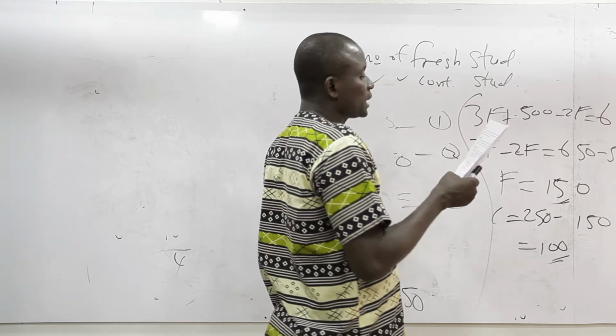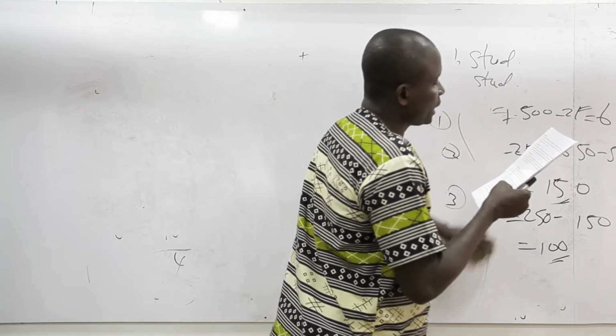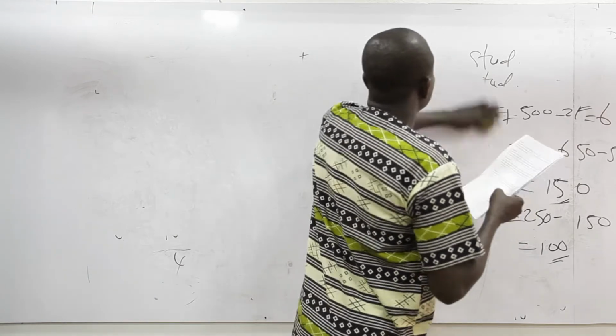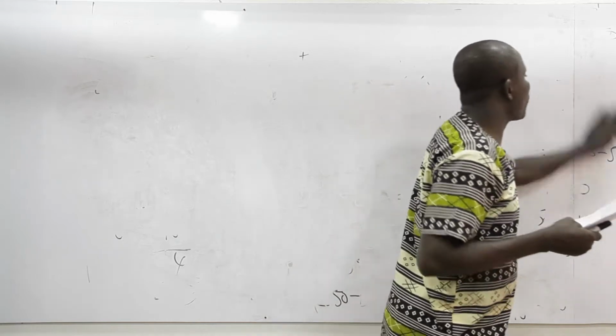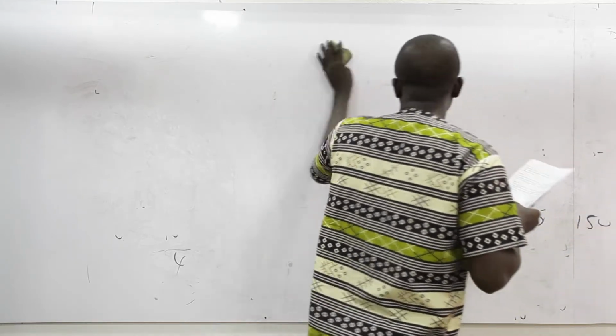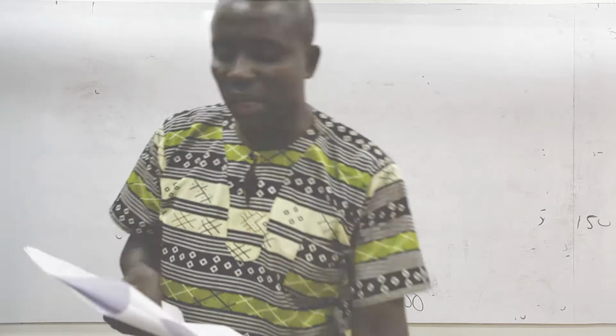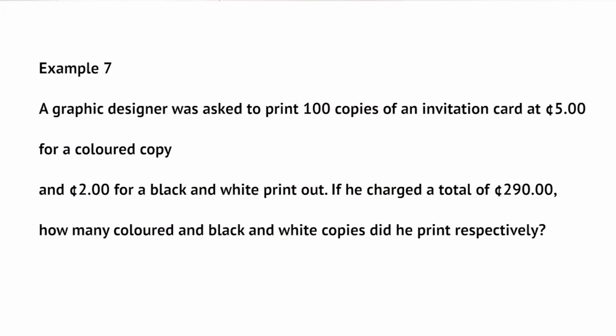But example 6, okay, example 7 follow the same suit. So I'm interested in example 8 because there is something there also. So example 7, you say a graphic designer was asked to print 100 copies of an invitation card at 5 CDs for colored and then 2 CDs for black and white. If you charge the total, so over here, right now, you know the cost of